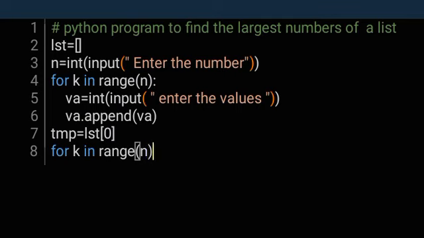So it has been done. I can now use an if statement. If TMP, that is the first value, is less than the next value of the list,